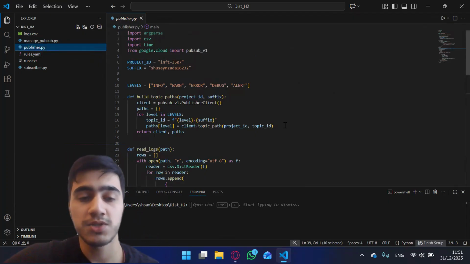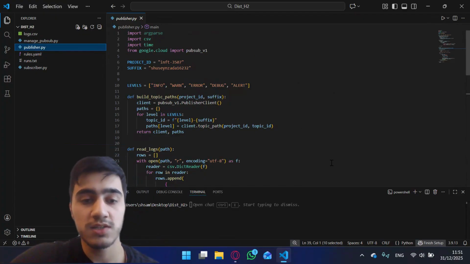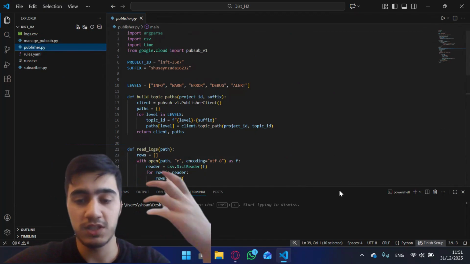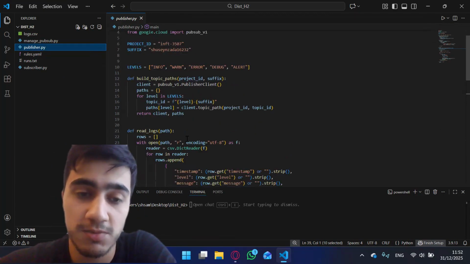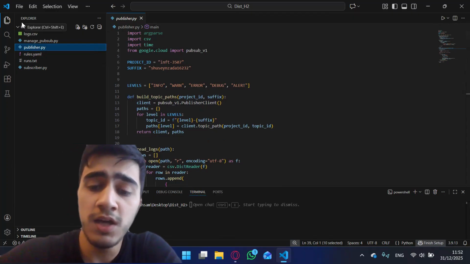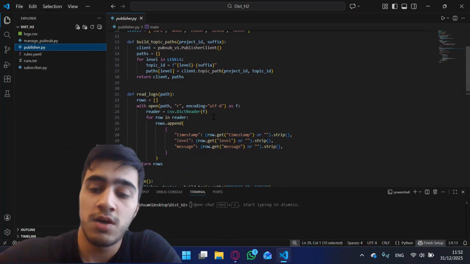Then I only publish the message text to the correct topic. The publisher waits 2 seconds between each message and loops continuously, so it acts like a live log stream and it never ends. The publisher does not filter anything, it just sends logs.